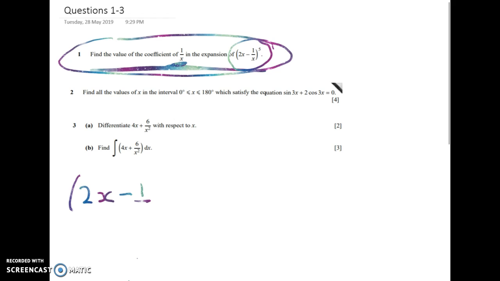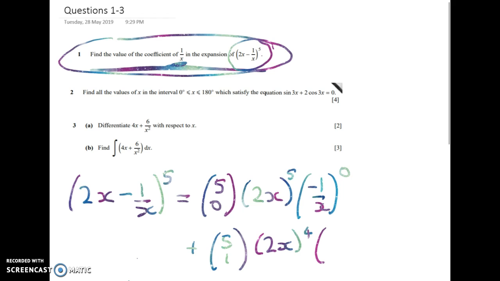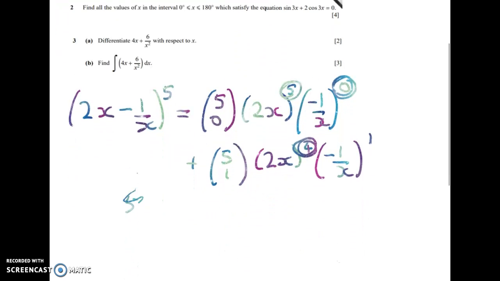So we've got 2x minus 1 over x to the power of 5, and I can expand that as follows. It's going to be 5 choose 0 times 2x to the power of 5 times negative 1 over x to the power of 0, and so on, right? So each term has this pattern where the powers here are going down each time and the powers here are going up each time. So we can see that we don't want either of those two, and if we keep going, the next one